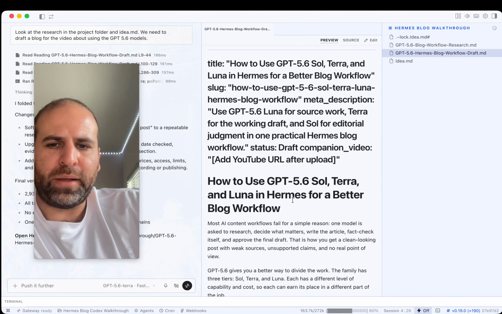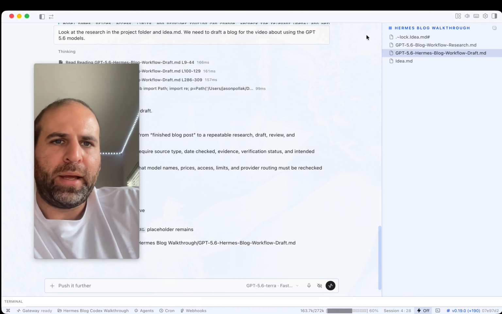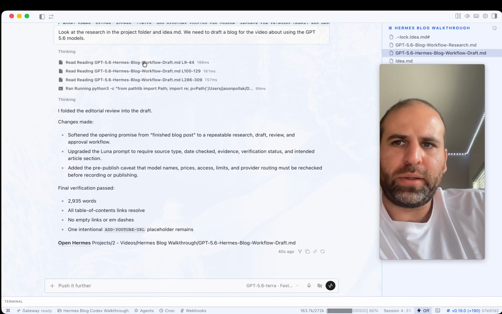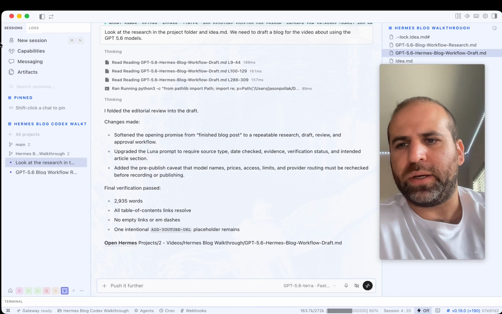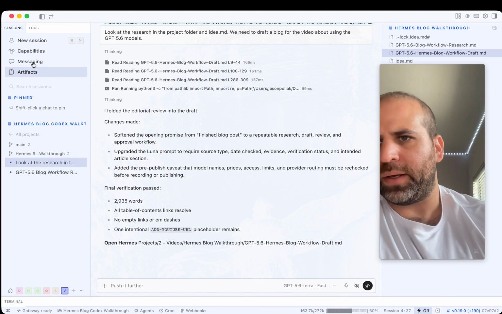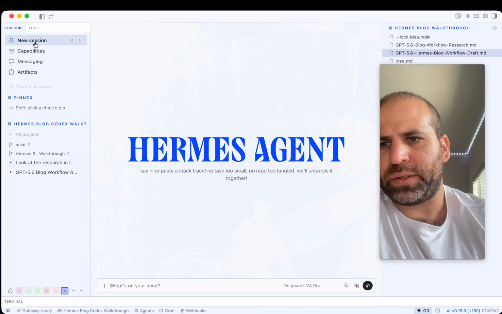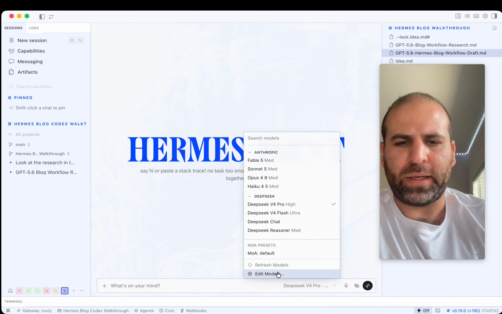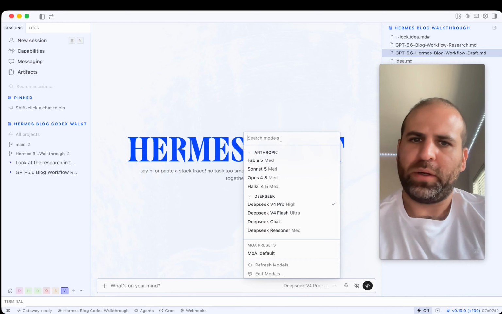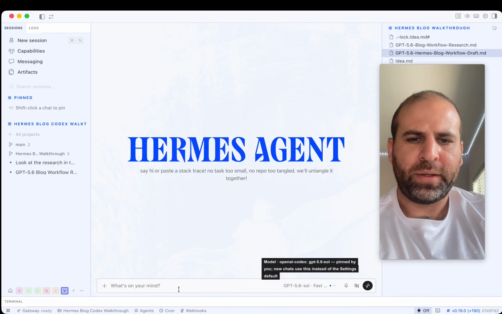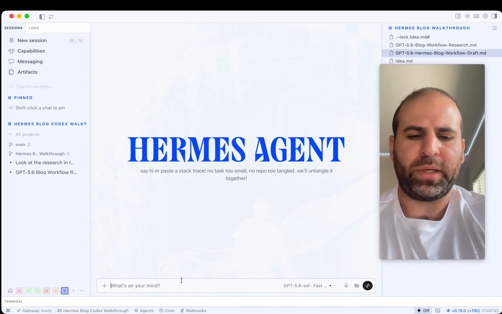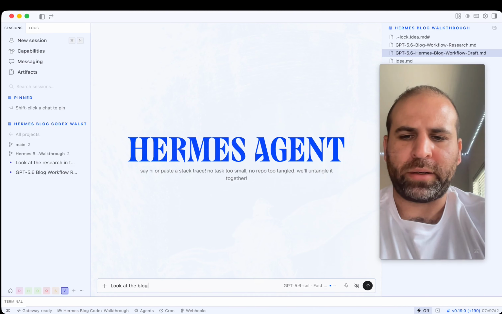Now we can actually look at how Soul will finally give it that extra polish. I think it already looks pretty solid, but let's start a new session here. Now let's go into our Soul model. So we type in Codex again, Soul, and the instructions will be: look at the blog draft,